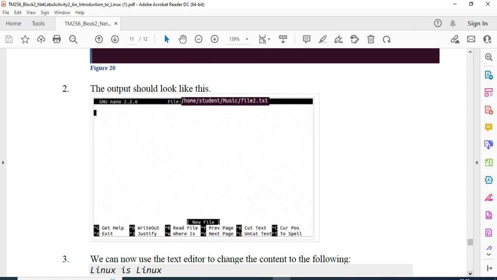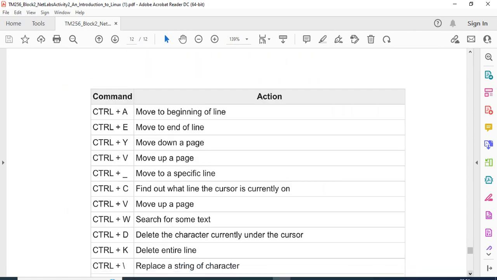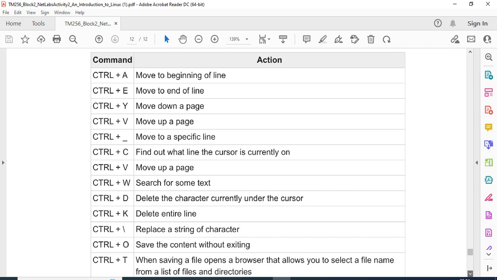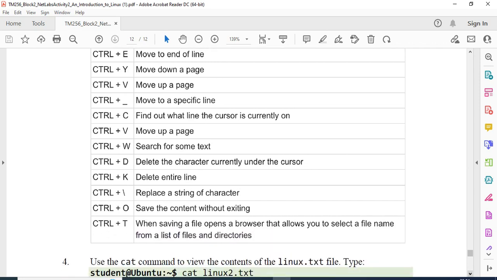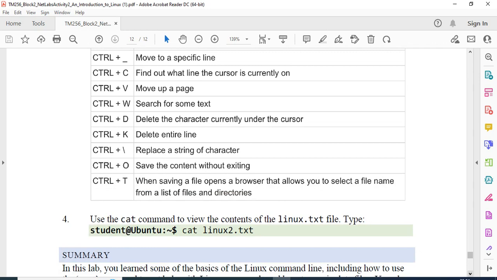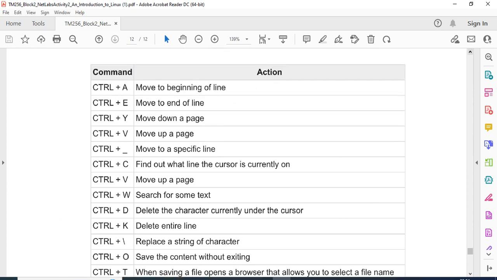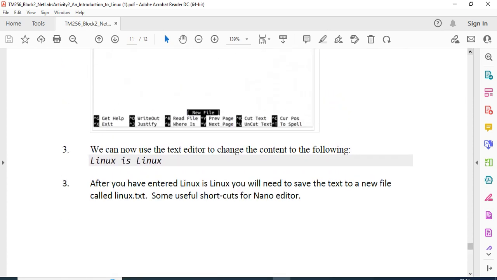Because if you try to use all those shortcuts, you have to read page number 12. But I think that is for practice only. It is not in the task, it is for your understanding. Even when we did the VI editor, I gave you some study materials with a page of commands, if you can remember, like Control A, Control T, double D, double W. So these were some shortcuts. Anyway, you can practice them later on, but for the time being, you just need to delete the content